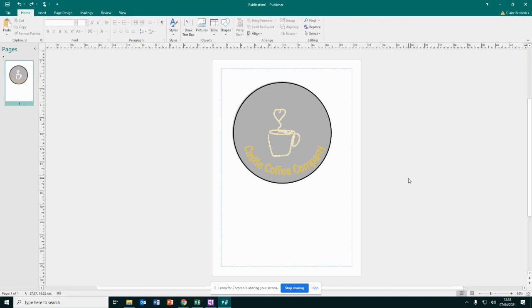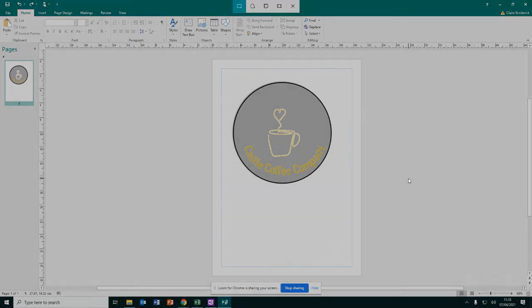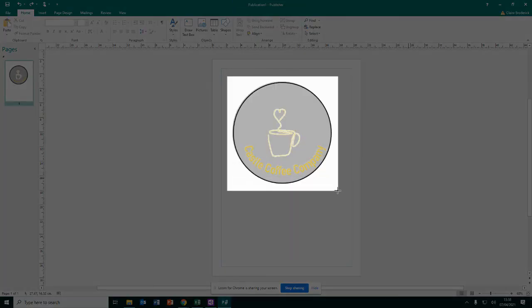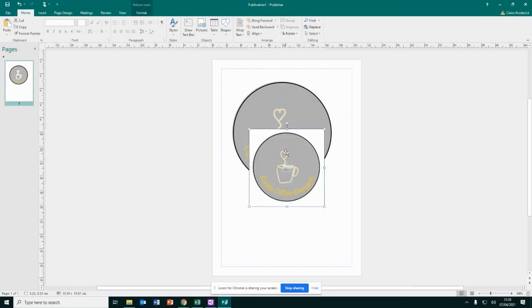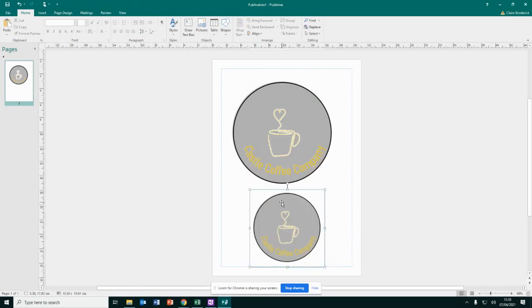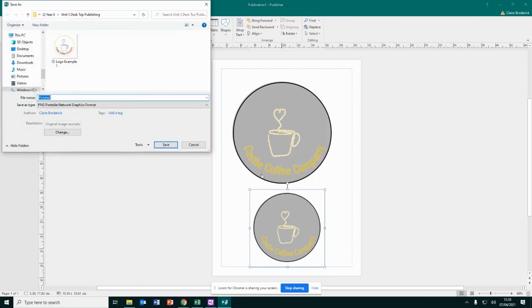Once your logo is done, you're going to print screen it. So I'm going to do Windows Shift S, draw a shape around it, paste it in. And then what you're going to do is right click, save as picture, and then